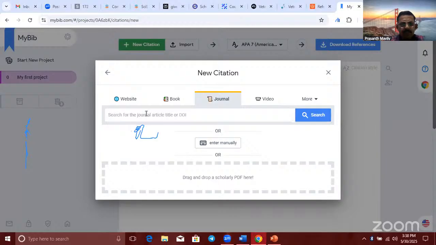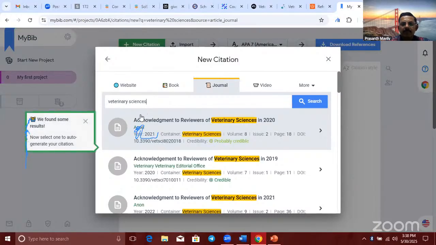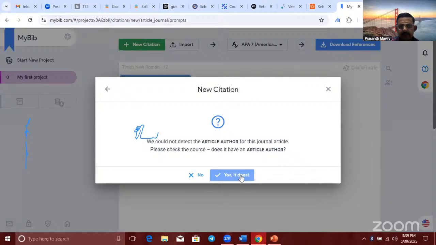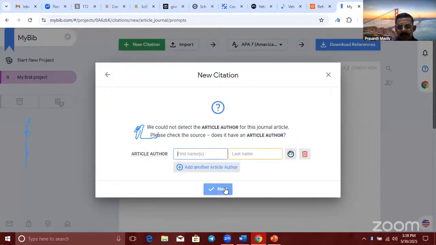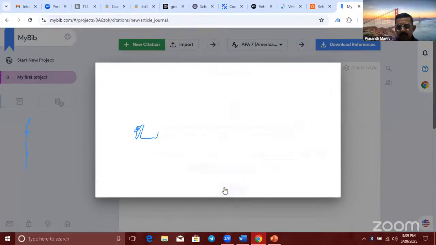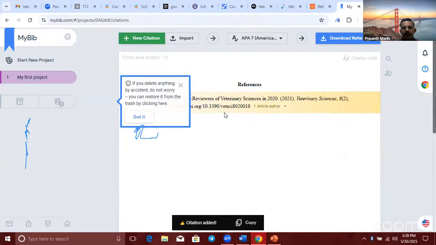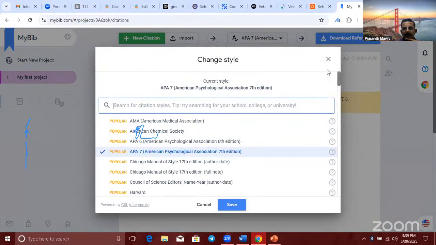Or you can search for journals in this database. I will select this. Other, okay. See, immediately the reference is created. You can change the style over here.